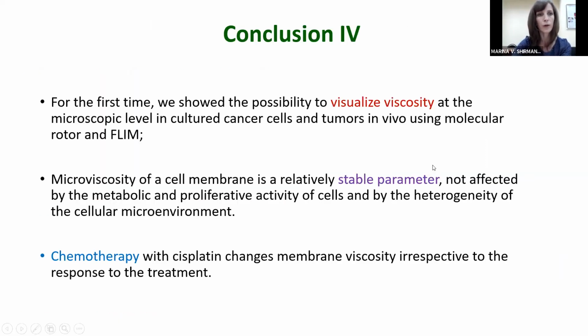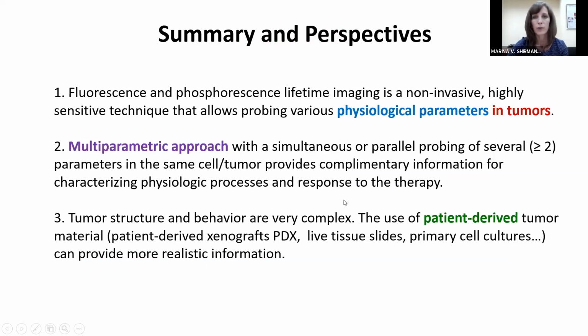So, conclusion 4: for the first time we showed the possibility to visualize viscosity at the microscopic level in cultured cells and in tumor using a molecular rotor and fluorescence lifetime microscopy. Microviscosity of a cell membrane is a stable parameter, and chemotherapy with cisplatin changes membrane viscosity irrespective of the response to the treatment. Summary. Fluorescence and phosphorescence lifetime imaging is a non-invasive, highly sensitive technique, and allows